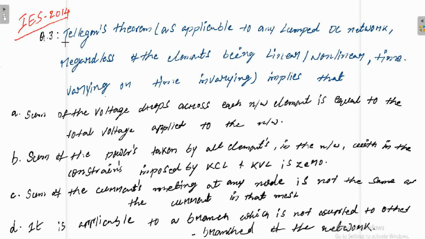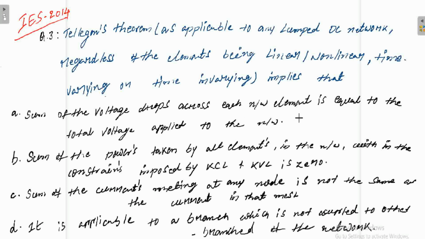So what is that question? Tellegen's theorem as applicable to any lumped DC network, regardless of the elements being linear or non-linear, time varying or time invariant, implies that. So in the question they have asked, what is the statement of Tellegen's theorem? They have given 4 options. Option number 1, sum of the voltage drops across each network element is equal to the total voltage applied